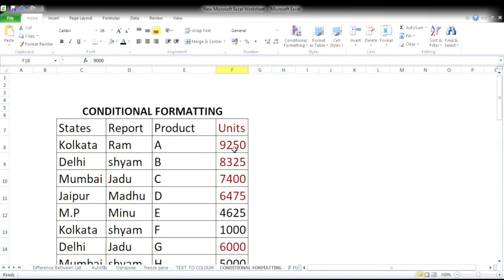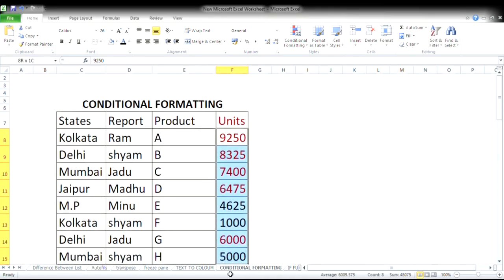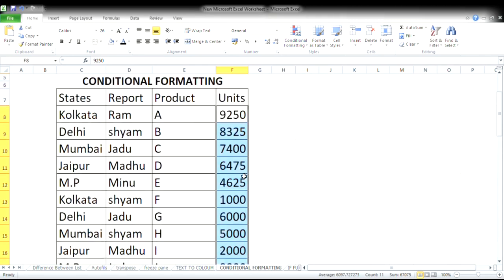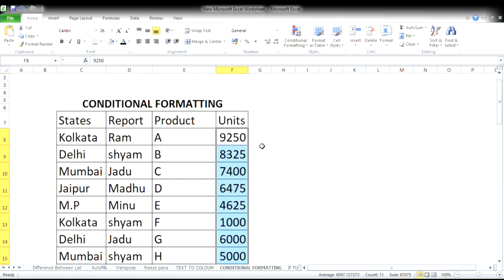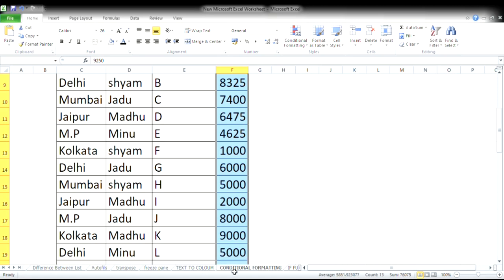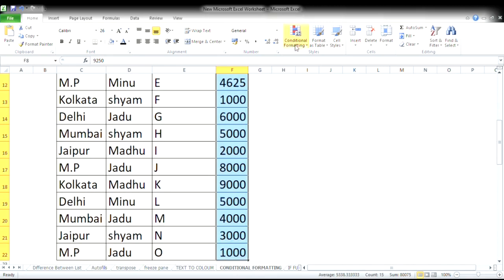Now you will use another function. If we want to clear all of this, we will just clear the rules from the entire sheet. All the formatting which I had applied is cleared by using this. Now in conditional formatting we have greater than, less than, between, equals to, duplicate values.